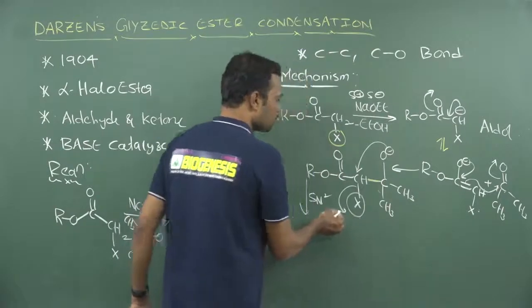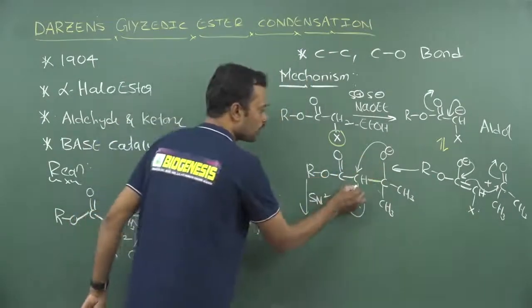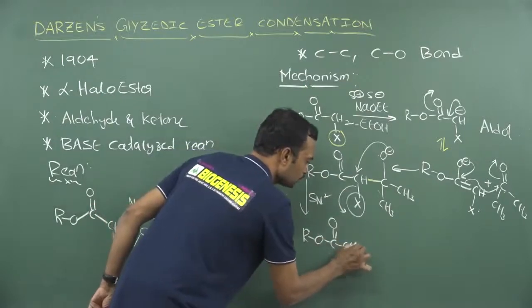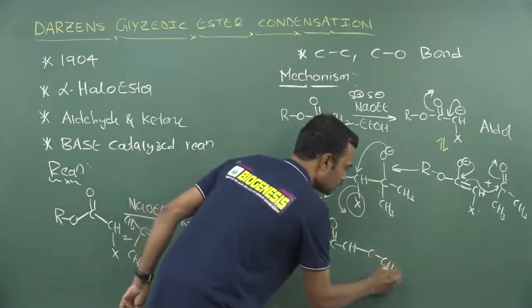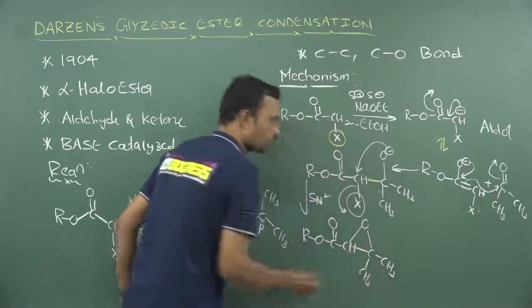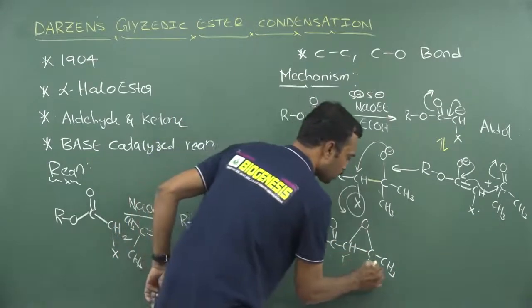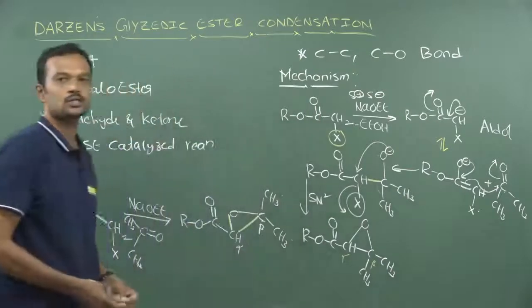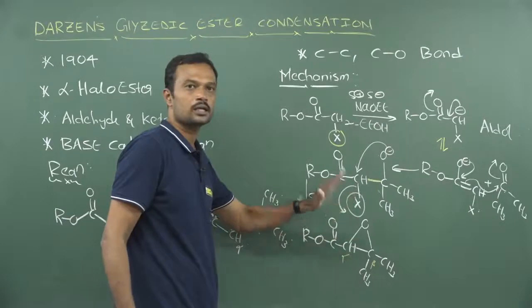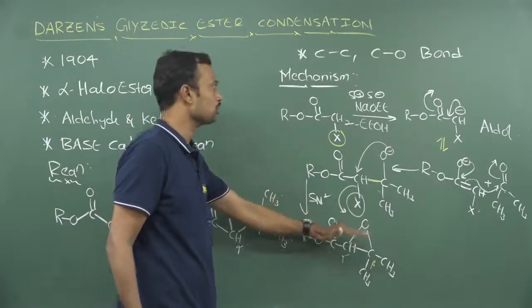Okay, so let me explain the remaining part here. This negative charge will attack here, halogen is going to be removed. So after removal of this, a CC condensation takes place. Now here there is oxygen attached over here, and finally see, alpha comma beta epoxy carbonyl ester is the final answer. So formation of this product indicates that it is a glycidic ester formation reaction.